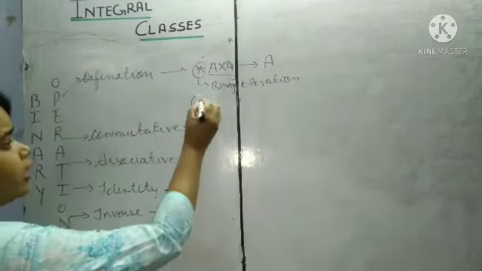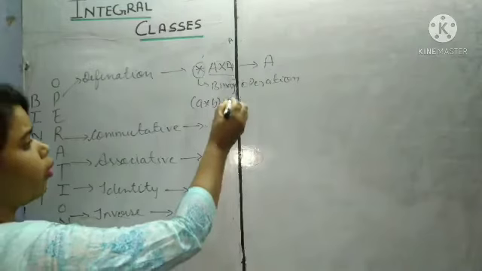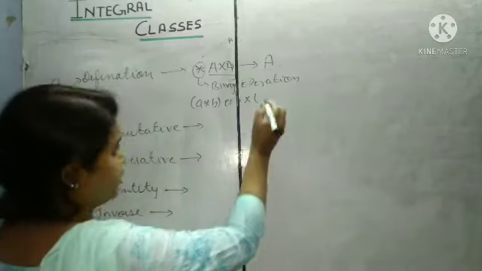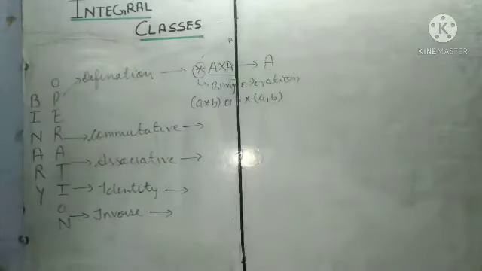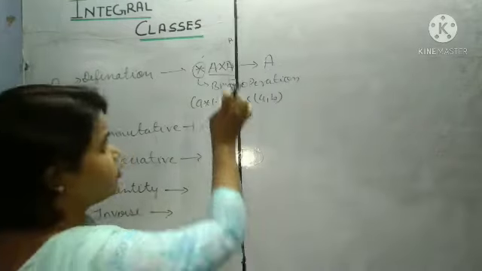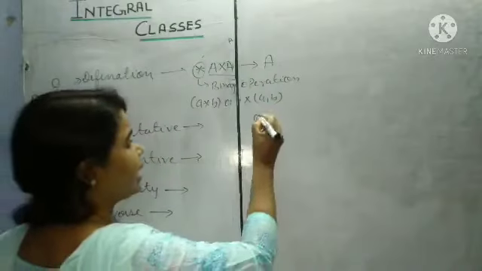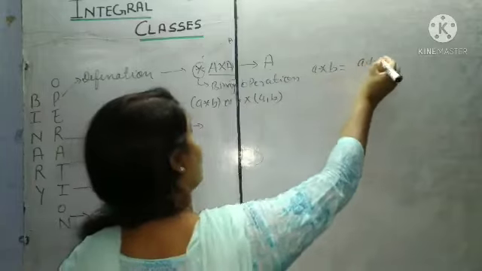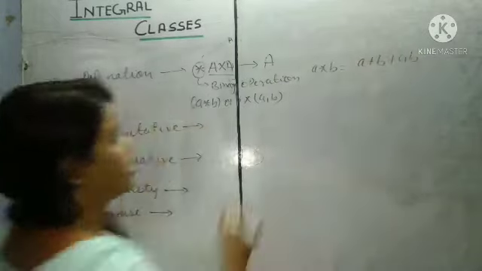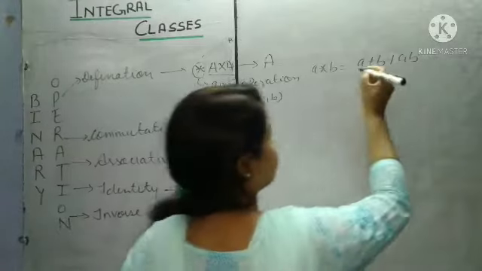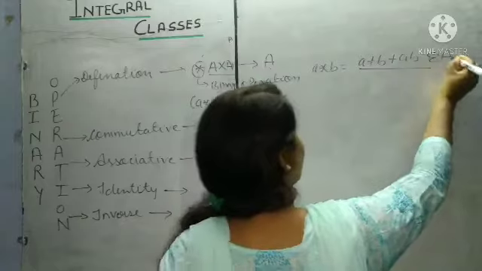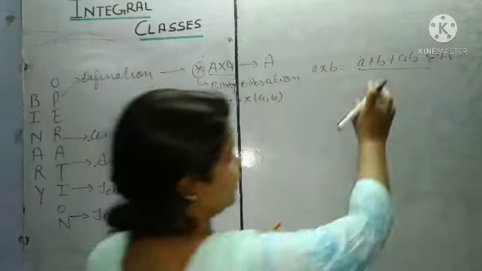Now we will write A star B or star AB. This kind of operation is called binary operation. Suppose we take two elements from A cross A and apply a binary operation like this: A star B equal to A plus B plus AB. So student, the answer of this also belongs to A. We will get the resultant.